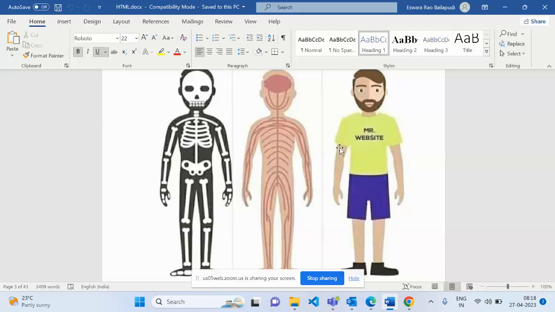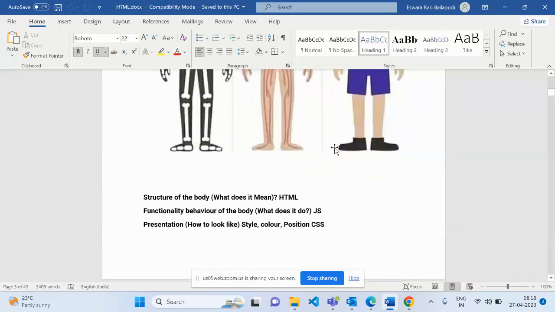The color of the car will be whichever color you like. You can go with the coloring and styling. For the styling, you use CSS. For the functionality, if you click on the brake, the car should stop. That is called JavaScript. The structure of the car should have four wheels and the top body, all the elements. Everything will be HTML. You understand the basic understandability of this?